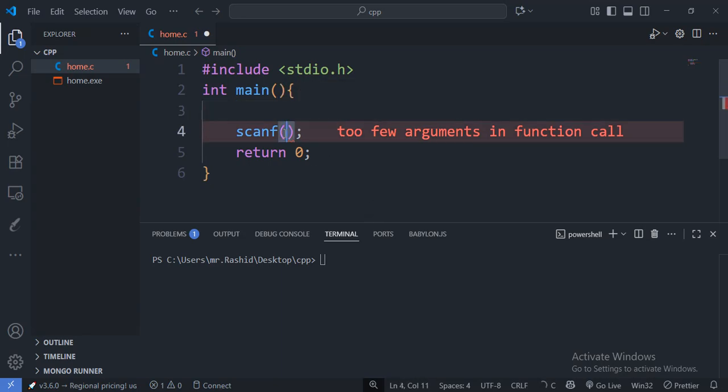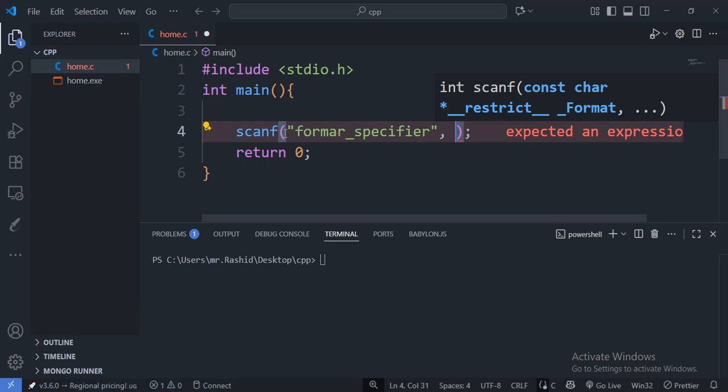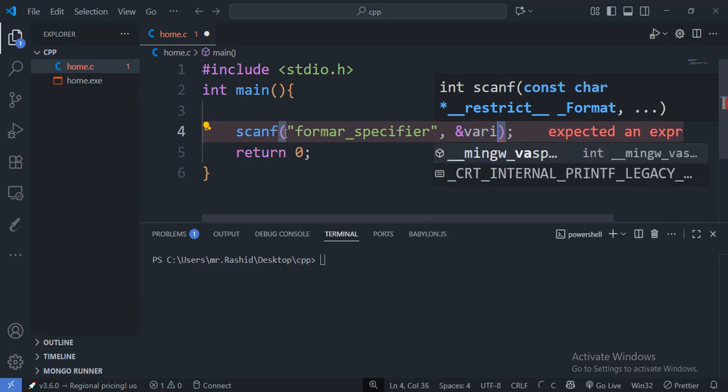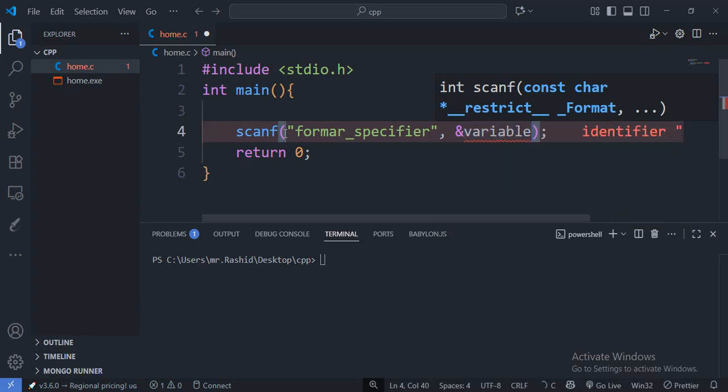Here you can pass in the format specifier, and here you need to pass in the variable, the address of the variable. To get the address of that variable, we use the ampersand, then the name of the variable. The ampersand gives us the memory address of the variable, so scanf knows where to store the